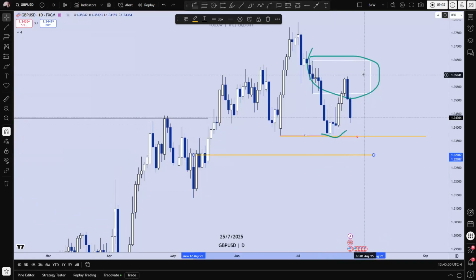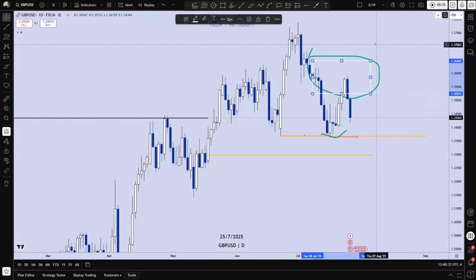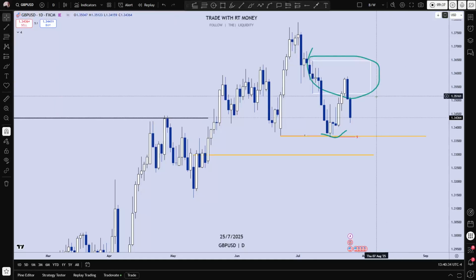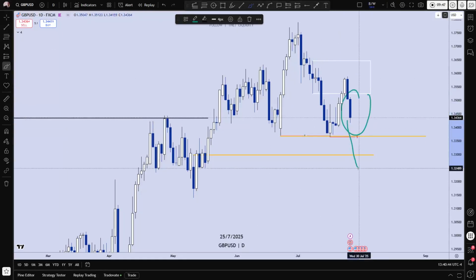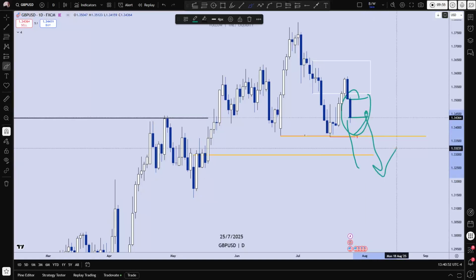Now, what I want you to watch for is how does price get from here down here. I want you to see if price creates a bearish fair value gap that it could use for lower prices. Now, I want you to bear something in mind too.